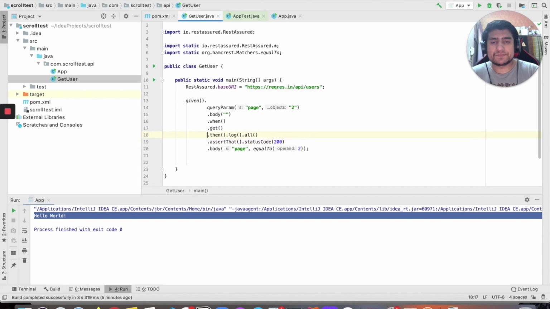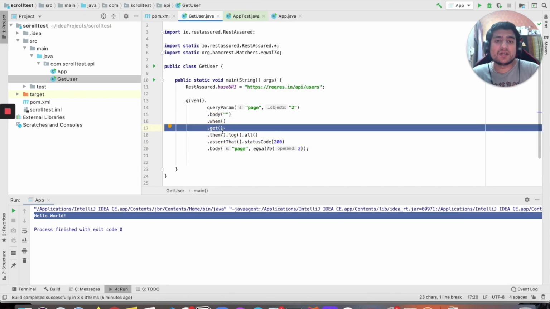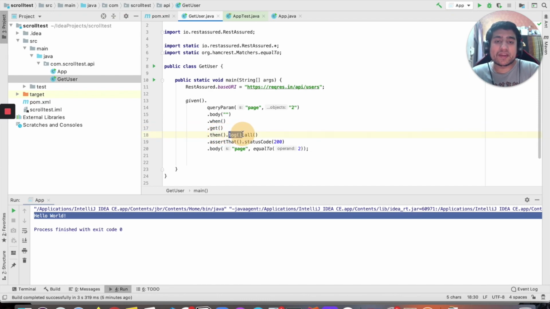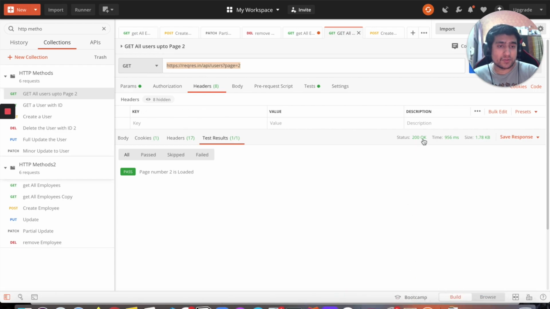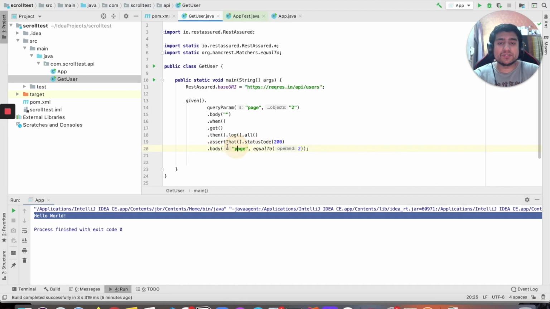Right. So now when we are making a get request, we are logging everything into the console, we are logging all, right? And after the request has been made, we are asserting that the status code should be 200. So that's what we are getting here, right? 200. And we need to check the body.